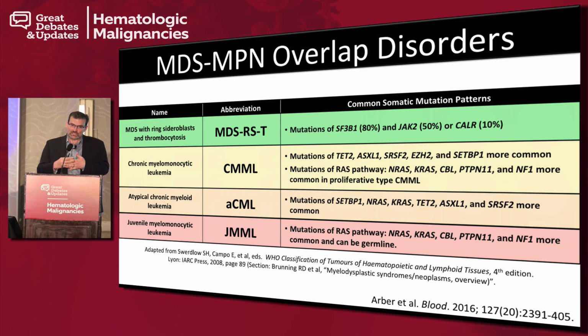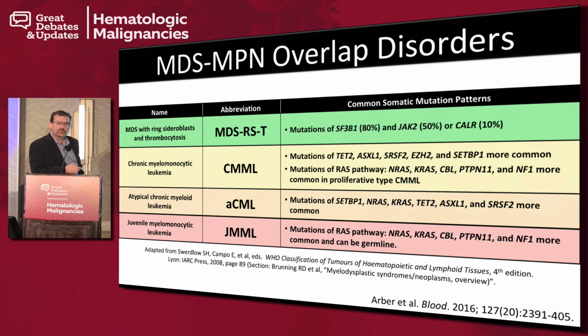This really does look like the intersection of MDS and MPN: MDS with ring sideroblasts and essential thrombocythemia at the genetic level. But other diseases like CMML don't necessarily. They actually have a lot of mutations that are common in MDS, but they have an even higher frequency of